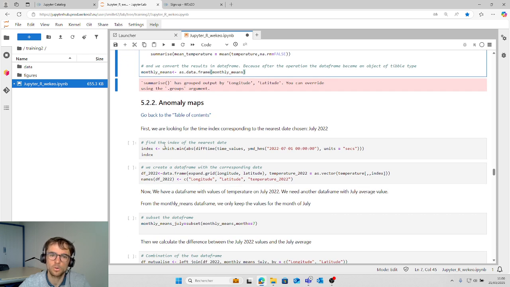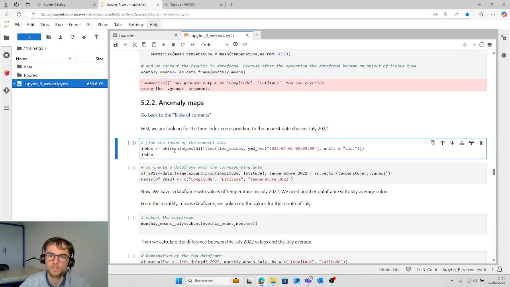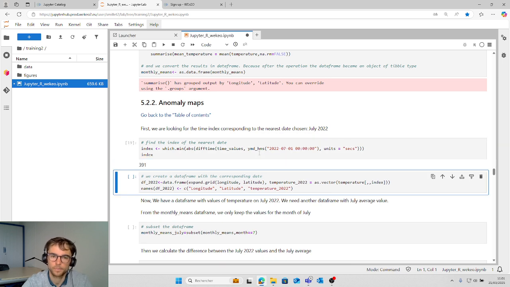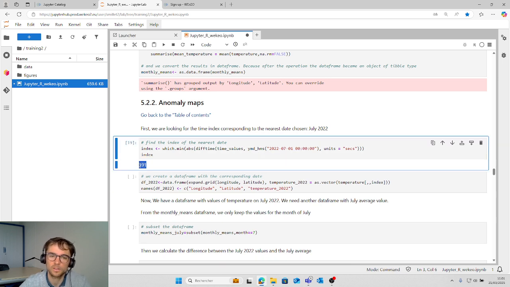And now we select the index of July 2022. So here we select the nearest index about the date that is here, and the index is this one.